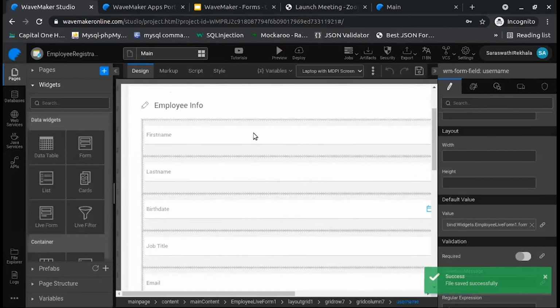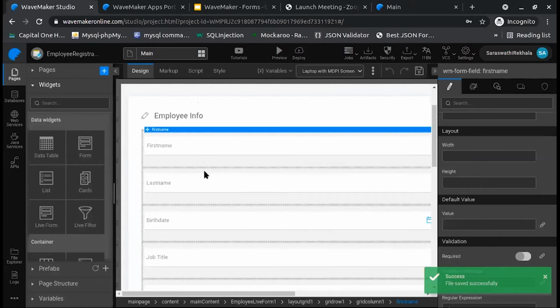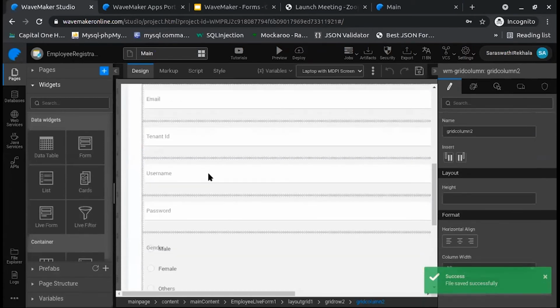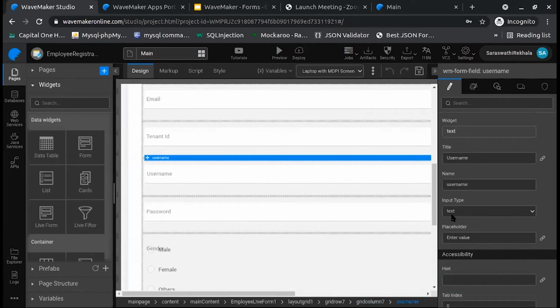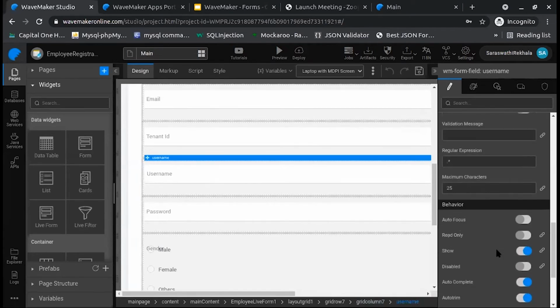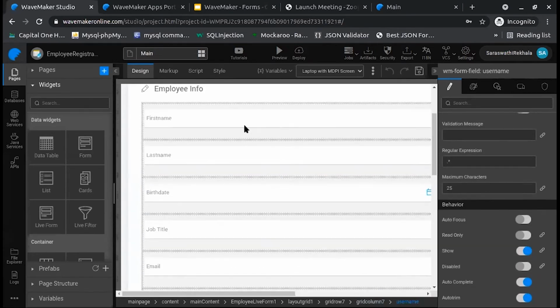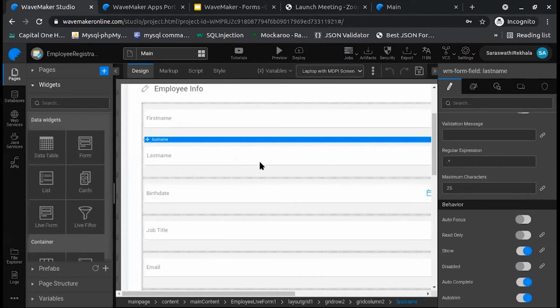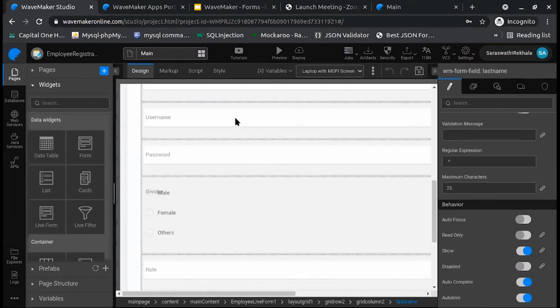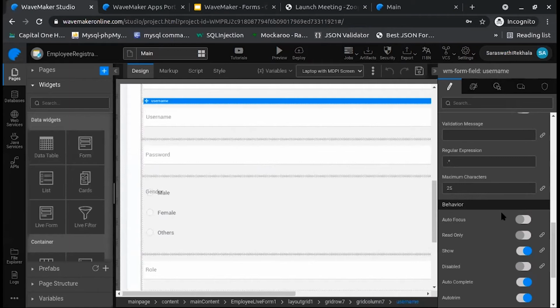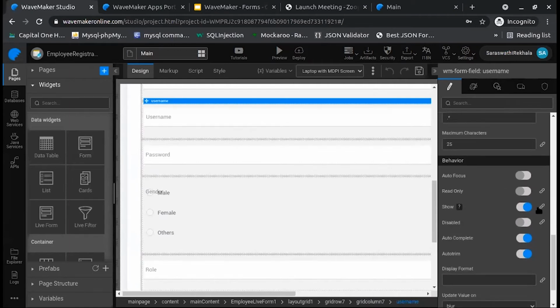When you enter values into the first name and last name fields, the username field will be filled automatically. And if the first name or last name field is not filled, then I would like to ask the user to enter the username field value.